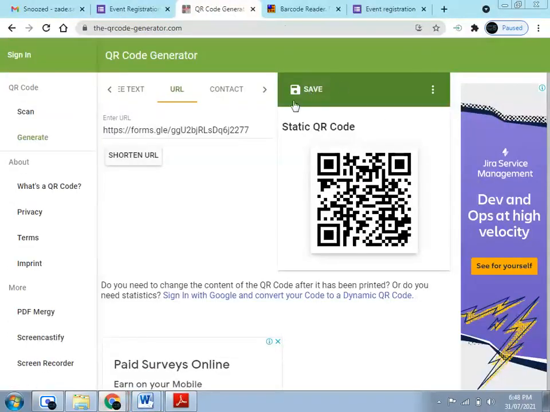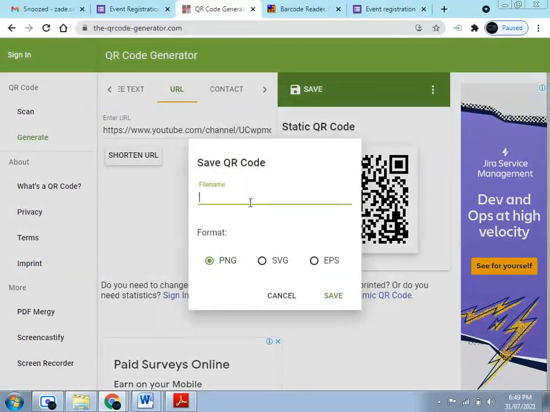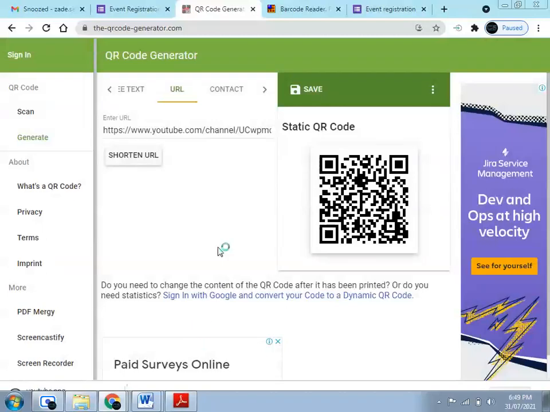We have to select the URL option and paste the URL. So our YouTube QR code is generated on the right side. We have to just give a name and save it.